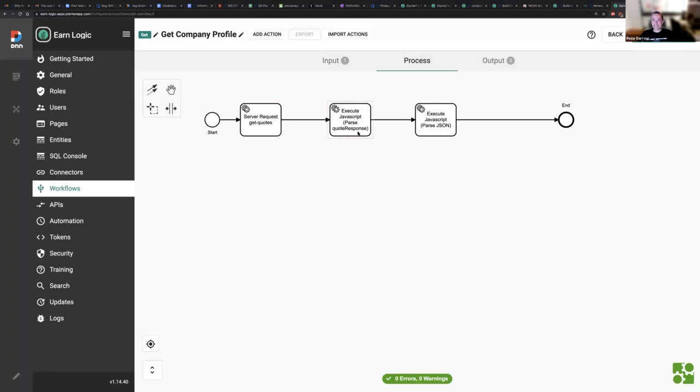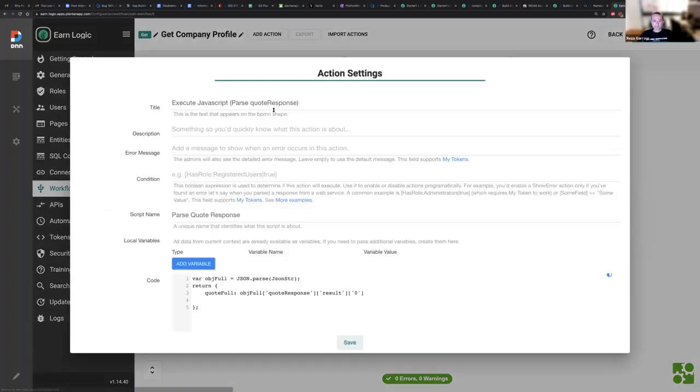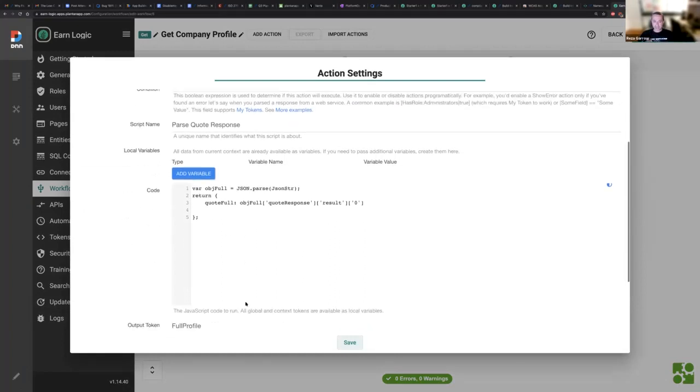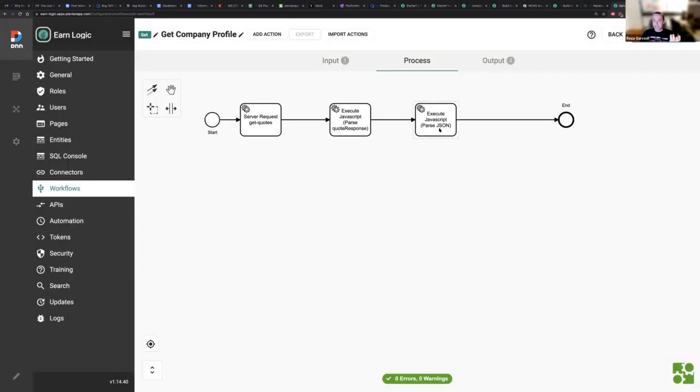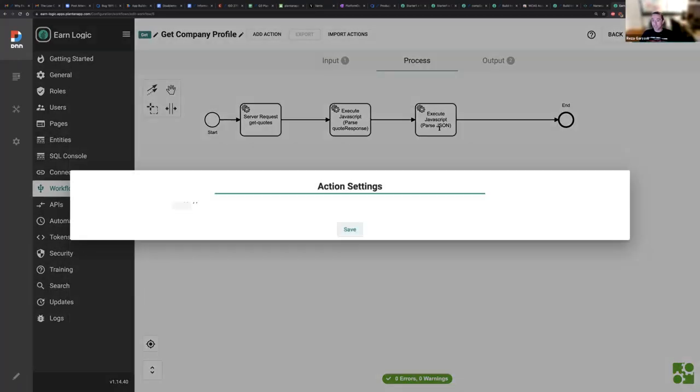So I make the call, I get it, and I basically do two JavaScript actions. One is to parse it. This right here is just JavaScript to take the JSON and parse it into something I can work with. And like you here, some technique where I'm getting the first result back, because there could have been multiples, like several companies' worth. But in this case, I know it's always only one, so I'm targeting that first one. So now I've got that in JavaScript loaded up, and then